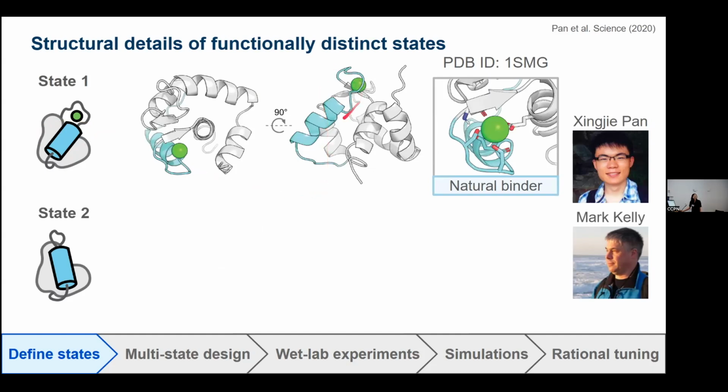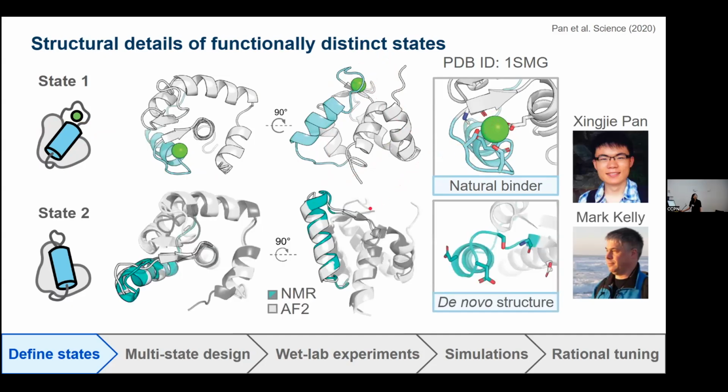You'll see here I've highlighted the loop-helix-loop region in light blue, and it includes this calcium binding site, which is also the EF hand motif. And then with a computational sampling algorithm that was developed by Shinji Pan, who's a previous grad student in the lab, I generated this de novo conformation for the reshaped region, which you can see here highlighted in teal. And you'll notice that the calcium binding site has now been significantly reshaped to where it should no longer be